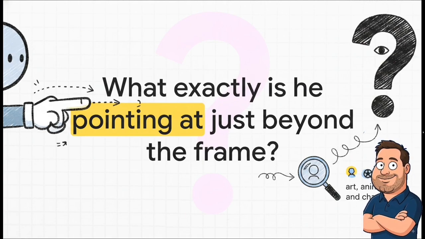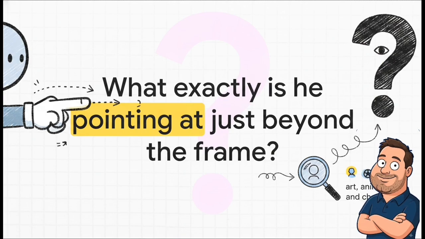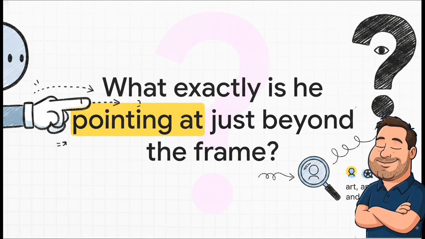The artist used every trick in the book to make us trust this character and follow his gaze, so what exactly is he pointing at just beyond the frame? I hope this explainer leaves you pondering the nature of